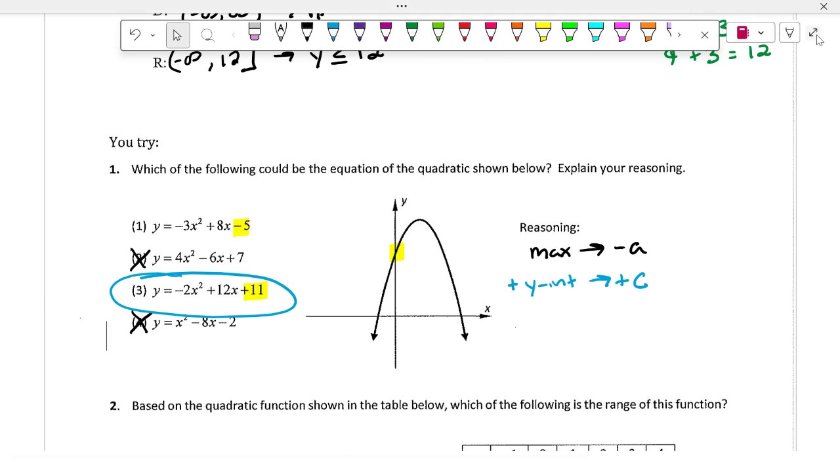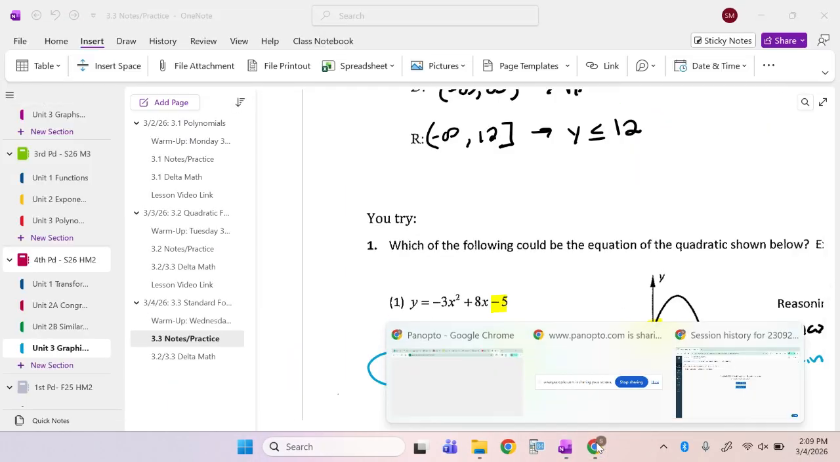So, guys, remember, don't get comfortable always using Desmos because, again,